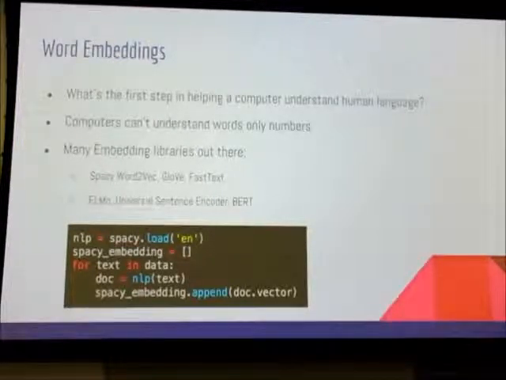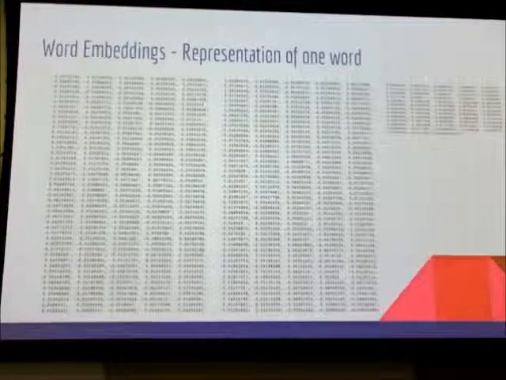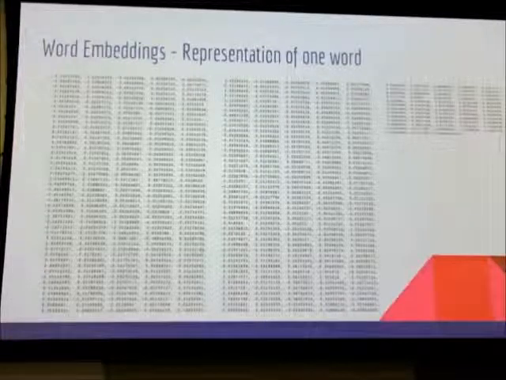So you could have a model trained on Wikipedia or Google News or a variety of data sources, but there needs to be a lot of text in order to produce word embeddings that make sense. But yeah, this is an example of what one word embedding might look like. It's huge. To us it doesn't really make sense, but this is actually something that a computer would